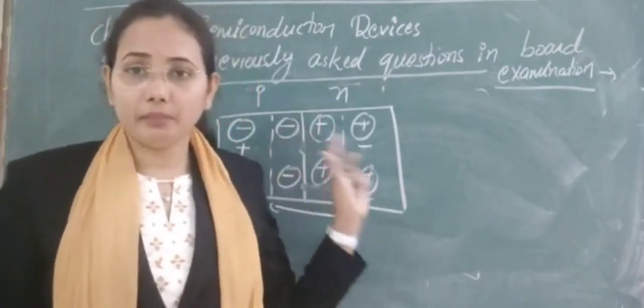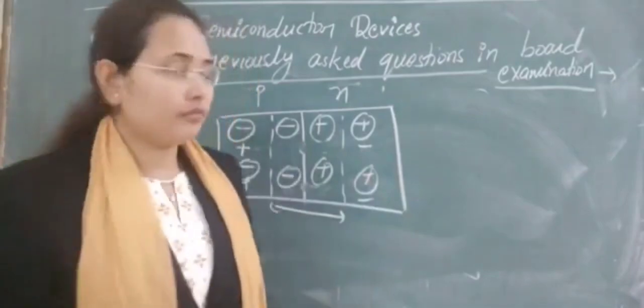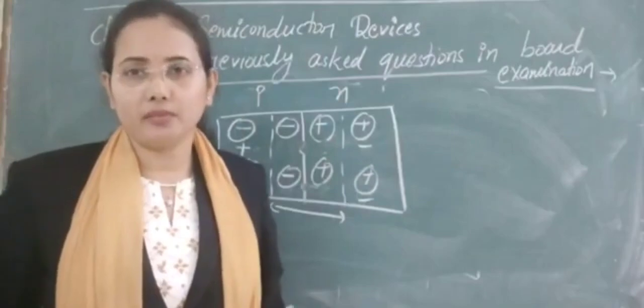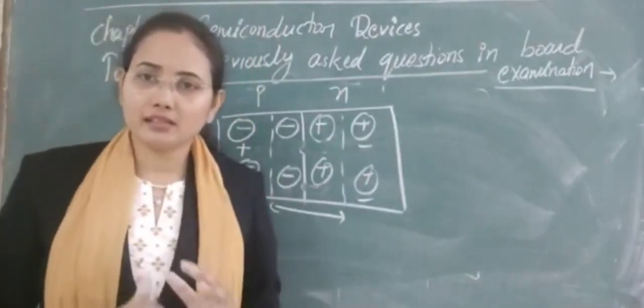Next, one more question that is asked, a 1 mark or 2 mark question, I am taking here with the help of a particular figure. So all the questions I have just summarized here. The 2 marks question is: how is the potential barrier formed here? Potential barrier means some potential is generated at the junction.